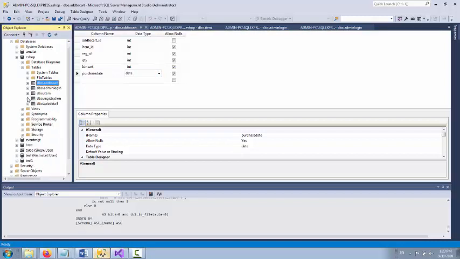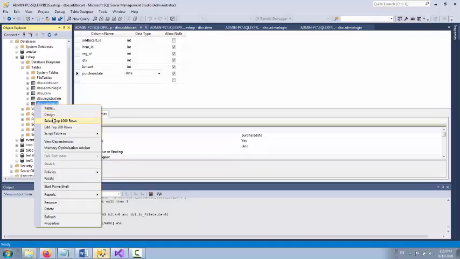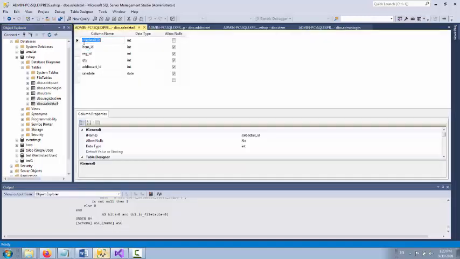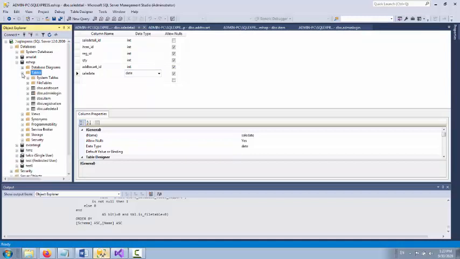Next one is the sales detail table. Inside the sales detail table, I put sales detail ID as a primary key, and it is auto incremented. Item ID is also integer. Registration ID comes from the registration table. Quantity is also integer, it is the item quantity. Add to cart ID will come from the add to cart table. And sell date is by default the current date. So here we have the list of tables working inside the eShop management system.